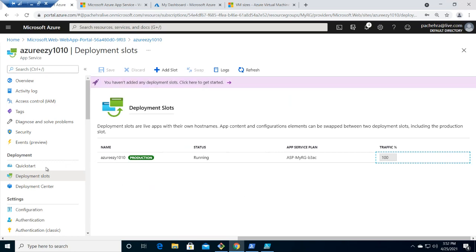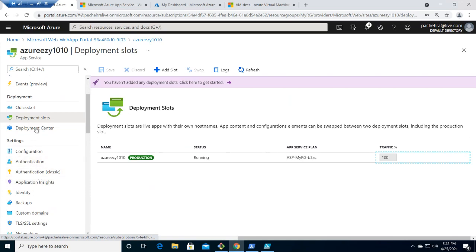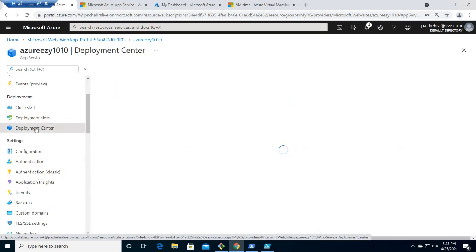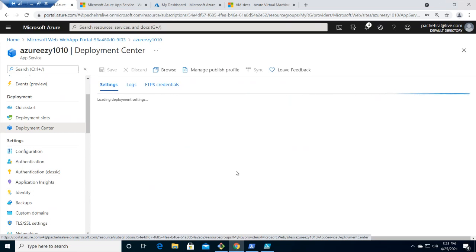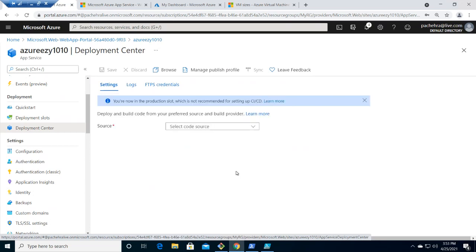Okay, so let's go to the deployment center. The deployment center offers multiple ways to deploy your code to the app services. It has all the capabilities for CI/CD along with the manual way, and it supports FTP as well. Here are the credentials for it.